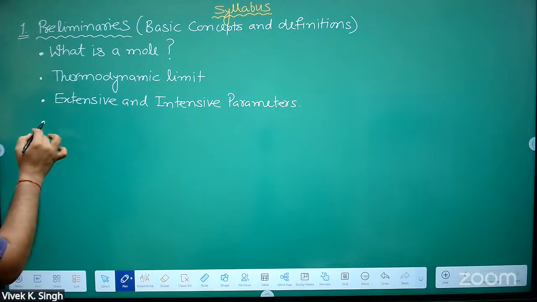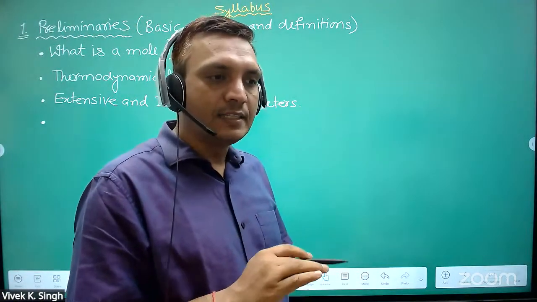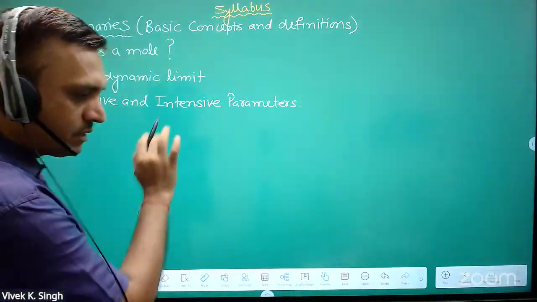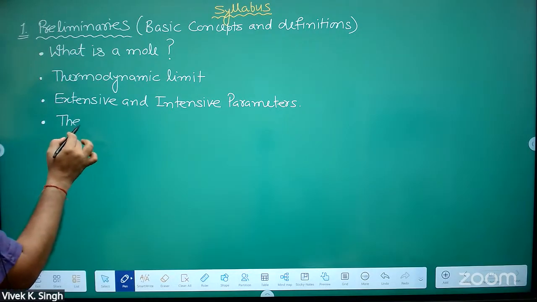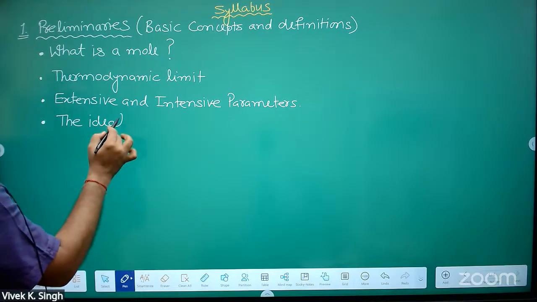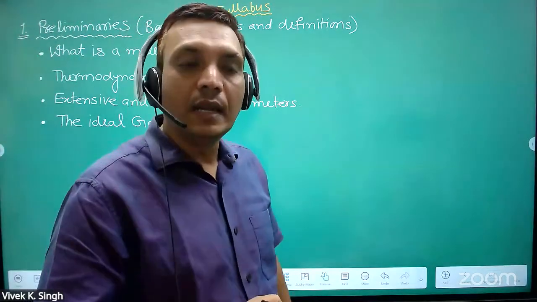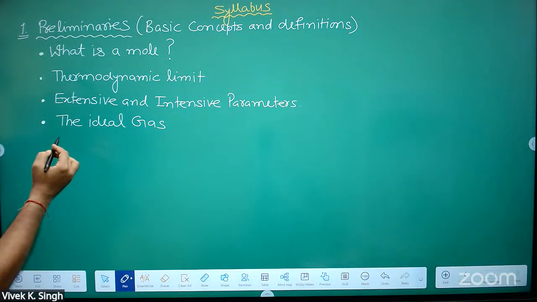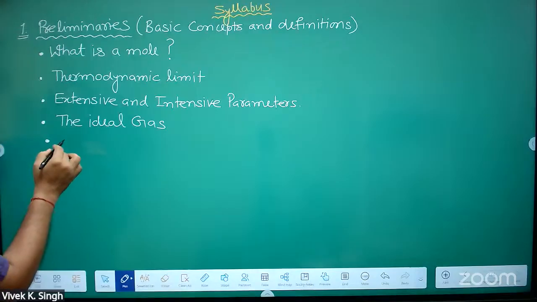Then mostly we will talk about ideal gases, and finally we will talk about real gases. So most of the study is based on the ideal gas. You must know what an ideal gas is and when you will say a gas is an ideal gas, yes or no. What are the assumptions of an ideal gas and how is it different from a real gas? Is it clear? Yes, sir.